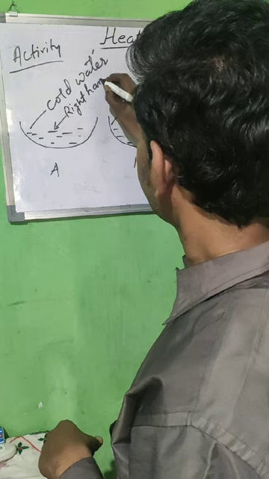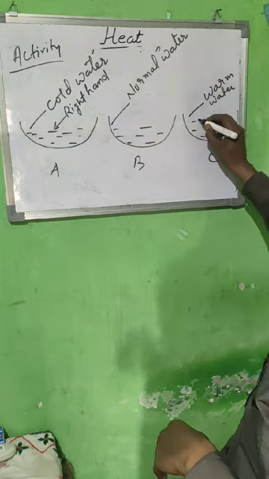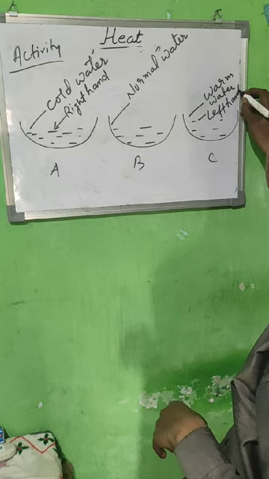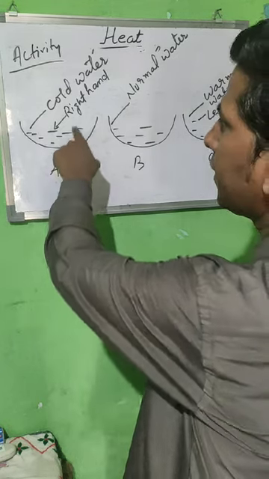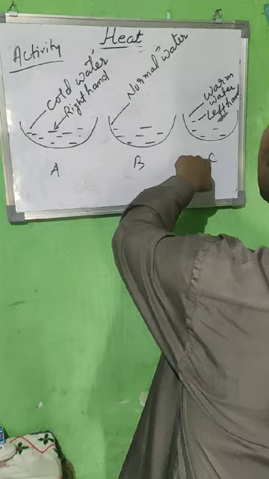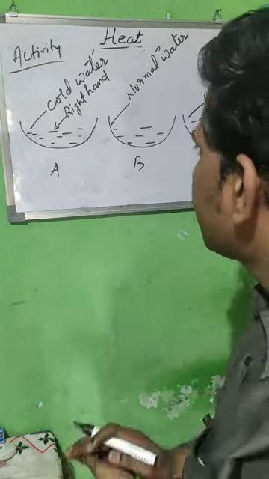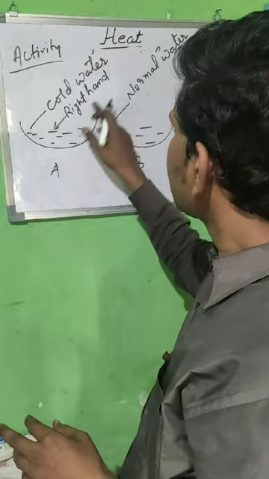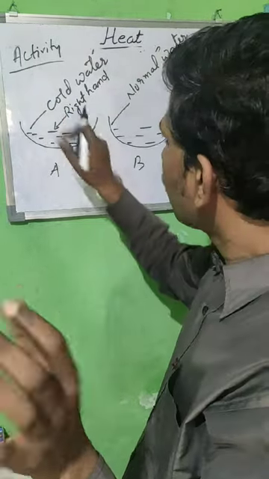Right hand. In bowl number C, you keep your left hand. Bowl number A, right hand. Bowl number C, left hand. After that, after means 4 to 5 minutes, when you keep here only, your right hand will feel cold because